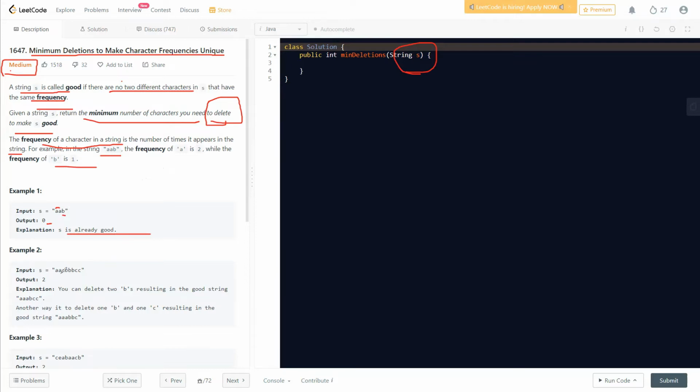Looking further, what else do we have? We have AAA, then BBB, and then CC. In that case, it says we can delete 2 B's, resulting in a good string AAA, B and CC, or another way is to delete 1 B and 1 C. Thus the frequency of each character becomes different. You might think, why are we deleting B in the first case? We could have deleted A also, right? So yes, we could have deleted A also,